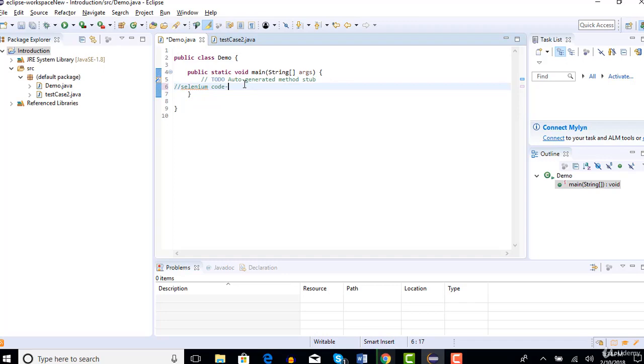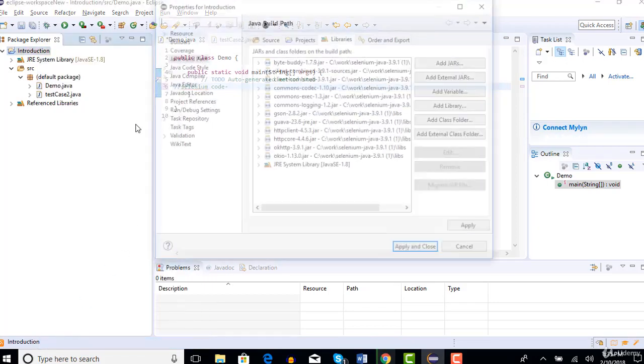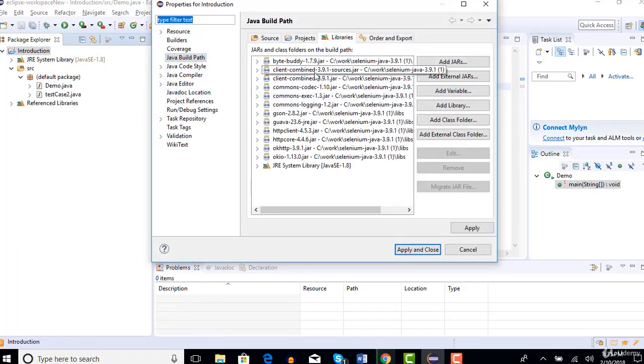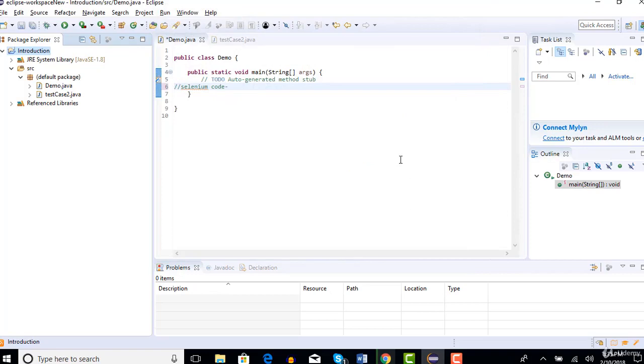In the last lecture, this was just a template, but there were no jars. But now in this lecture, with right clicking, Properties, Java Build Path, we downloaded all our Selenium jars, went to the Libraries tab, used Add External JARs, and imported everything. In this way, you formed a connection between Selenium and your Java project.